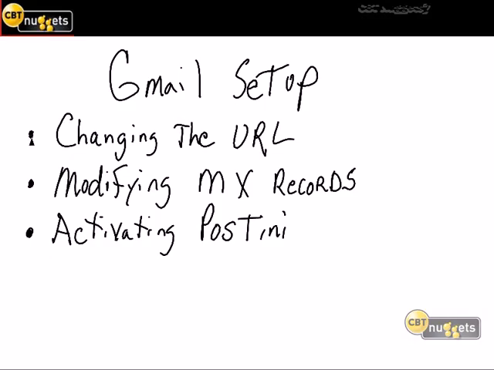Some fun stuff today, I tell you. In this CBT Nugget, we took a look at how we can now change that URL to be something easy that everybody can remember. Now someone just needs to type in email.mrcbtnuggets.com and boom, they're right there at their login interface and their webmail interface. They're going to get in and be able to access their mail. That's cool. We went ahead and modified our MX records in order to take advantage of some of the really cool features that we have. Most importantly, of course, is Postini, and we saw how we can get into that, and once it's activated, we have access to a whole other realm